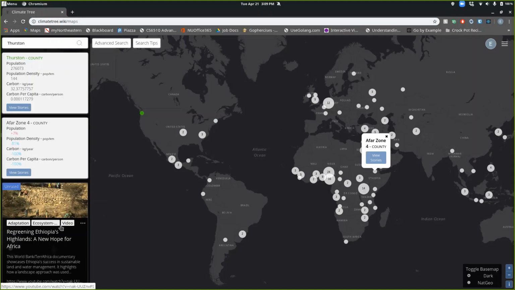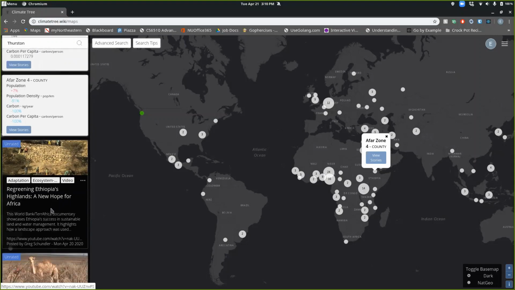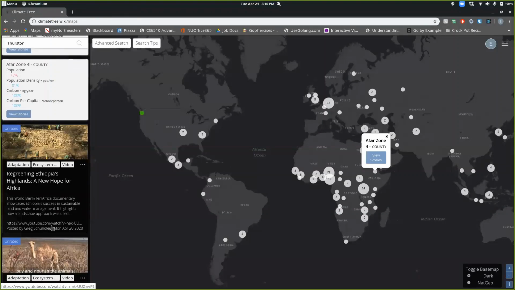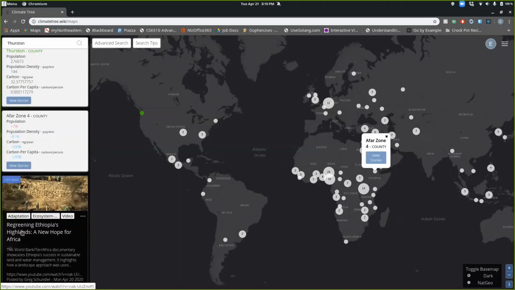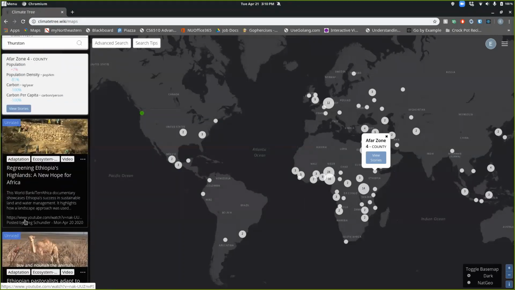And here you'll see some extra content down here. These are the stories we showed you before. So just like before, you can go and click on these. It'll open in a new tab, and you can explore all the ones in the list here. It'll show everything that is related to that place. And we can explore a little more.